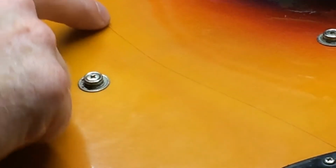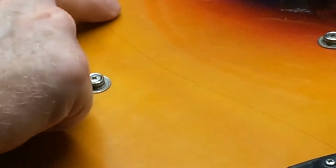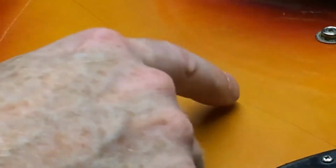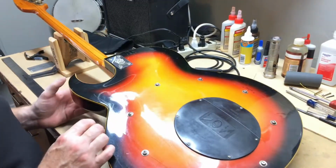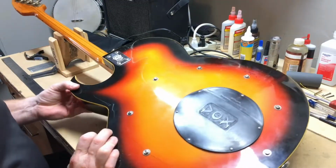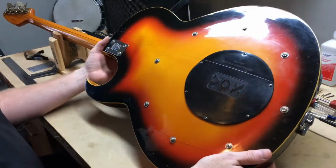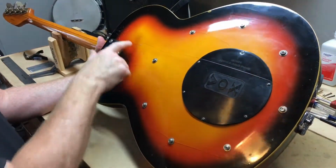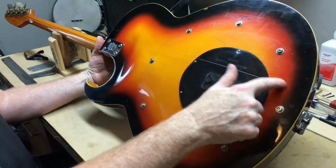Right there is one of the finish cracks, kind of runs down here, and there's several of those. Let me zoom back out. I'm trying to minimize some of the glare too, it might help you see things here, but there's several of those cracks in the finish, one here and then here, back down through here,